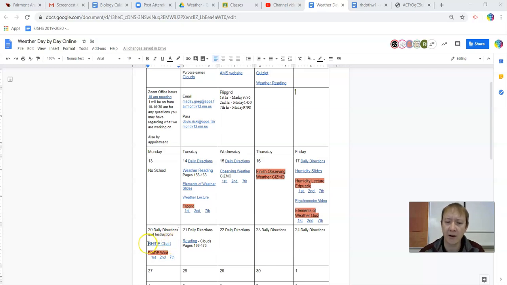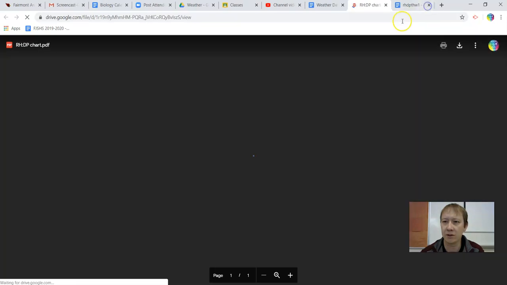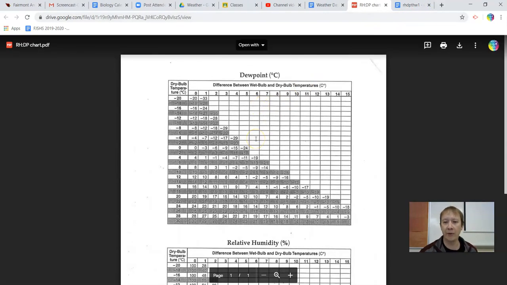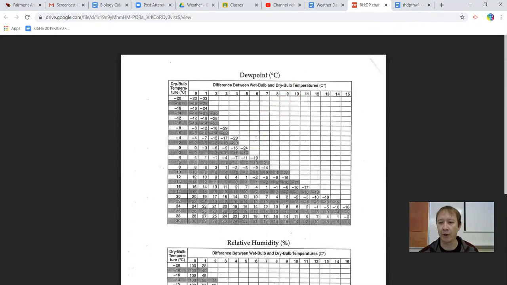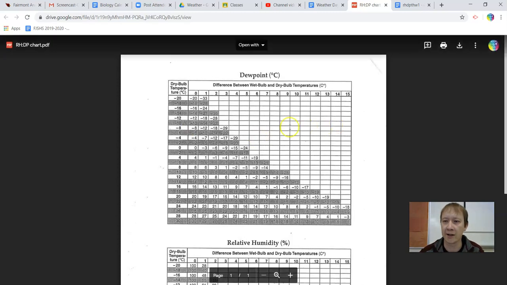So what we have here is the relative humidity and dew point charts that you're going to need to have opened up. If you click this and open this up, this is the chart that we have right here. If you have the ability to print this off, it would probably be very beneficial. If you can't, that's perfectly fine. I'm going to do it as if you can't,